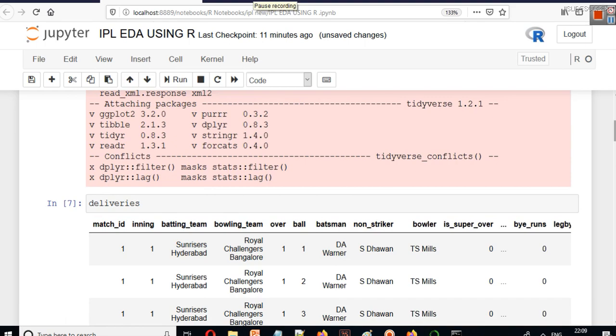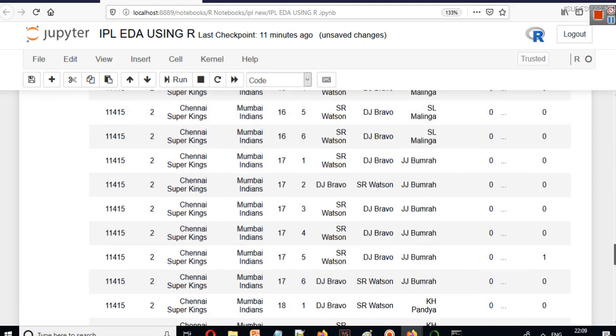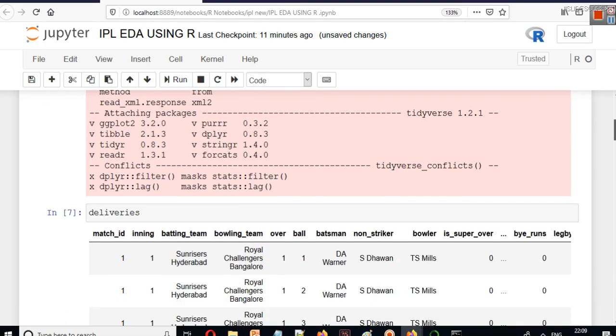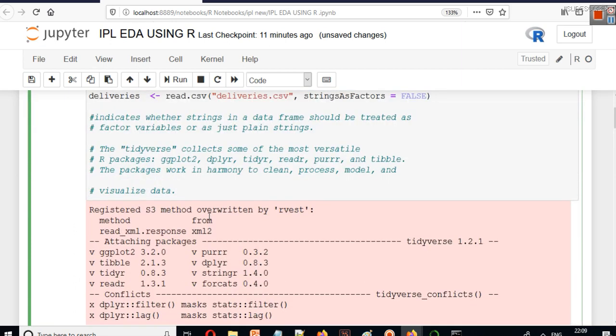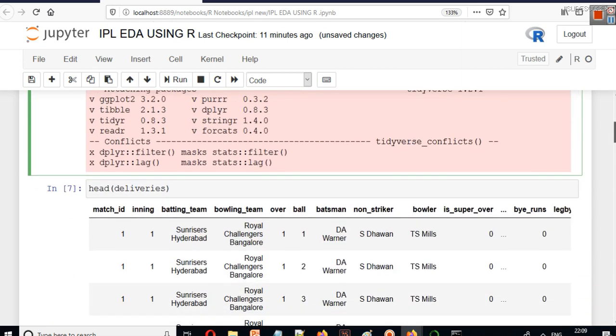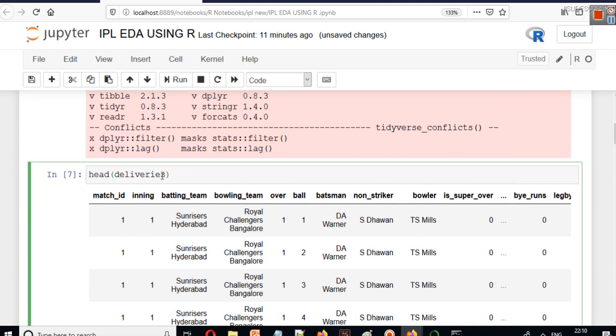Now we can see that there are too many rows here. If you just have to analyze the data frame, how many columns are there, what are the values, to just have a look at your data frame, there is a method which is called head. We can use this head function in R. Write head, and this head function takes one argument, and that argument is the name of your data frame.